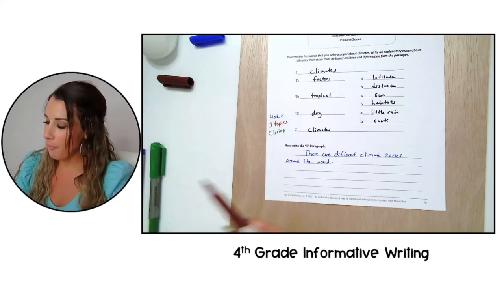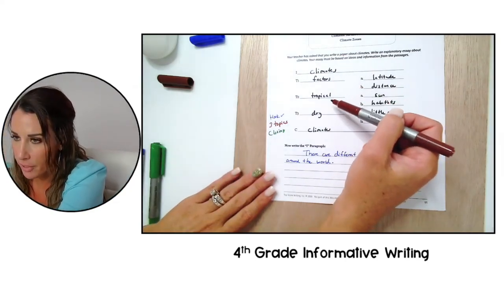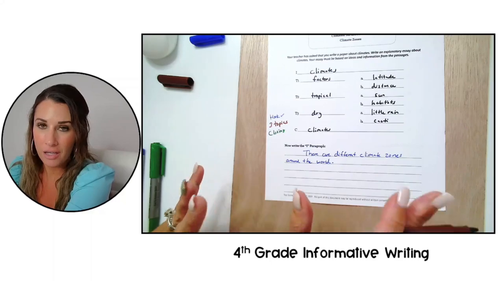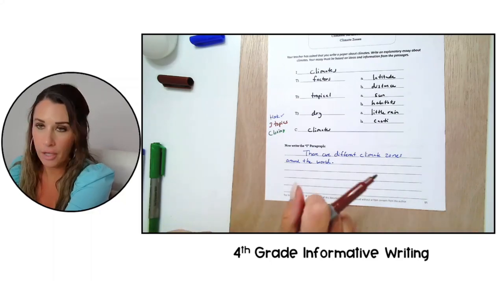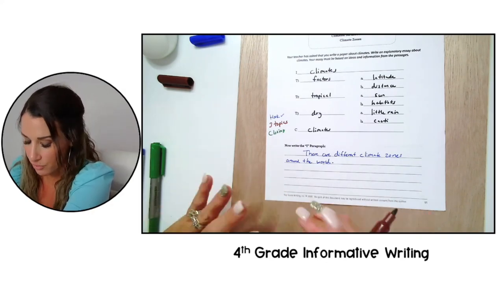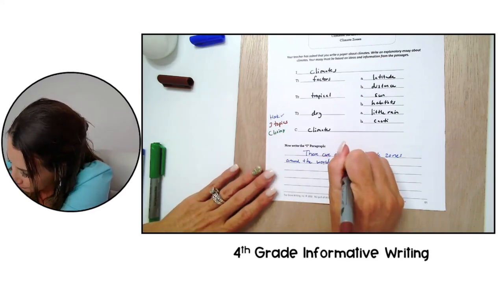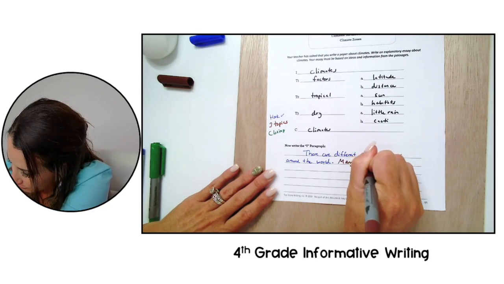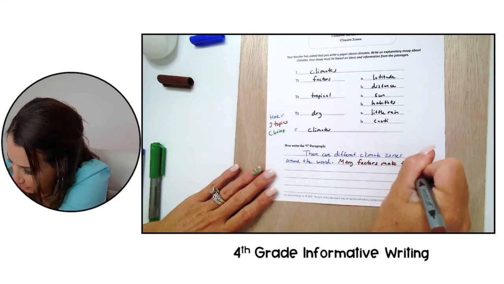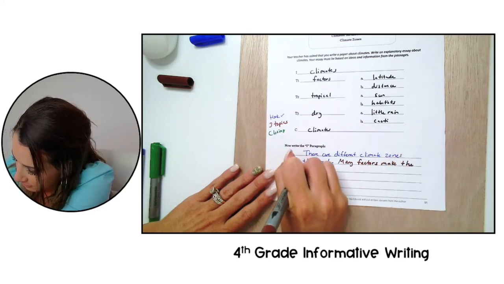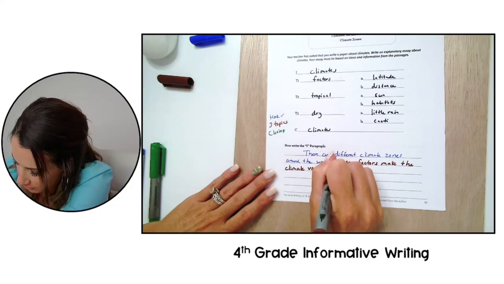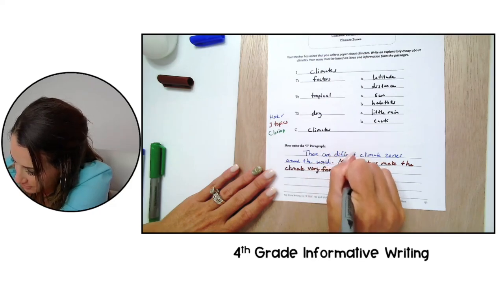Now I'm going to write my 3 topics. So I have factors, tropical, and dry. Remember, I got to put them in a sentence that makes sense. I can't just say, climates are interesting, or the things about climates are factors, tropical, and dry. That doesn't make sense. I have to use words around it. So I'm going to put many factors make the climate vary from place to place,